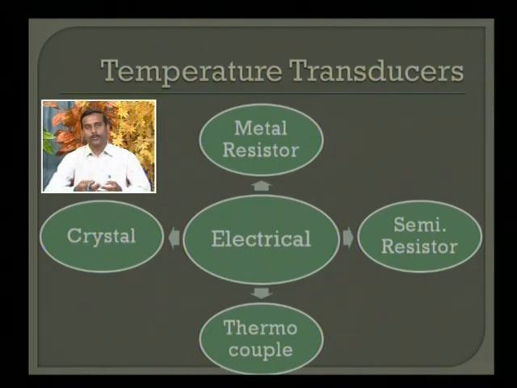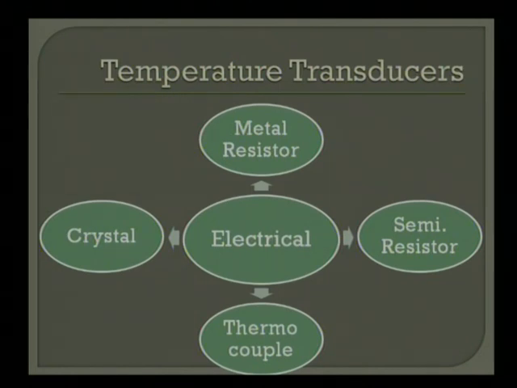If somebody is increasing the temperature of a metal body, the lattice vibration also increases, and increased lattice vibration increases the chances of collision of electrons. More the chances of collision of electrons, larger is the resistance. So with an increment of temperature, the resistance will also build up, and this resistance build-up can be measured in terms of temperature.